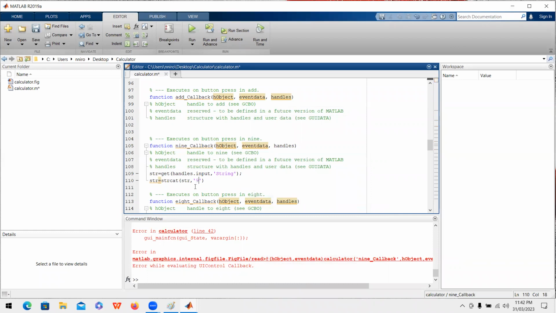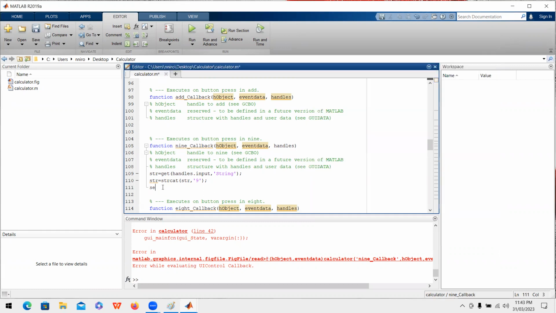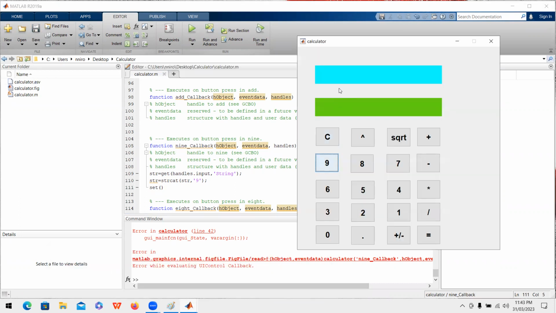So it should be 9. Okay. And right now, I want to show this output in my input panel, as I'm giving it as an input. So when I want to show something in my input panel, I need to use set. Okay. So I am going to set. Where am I going to set? I want to show the values in my input panel. So set